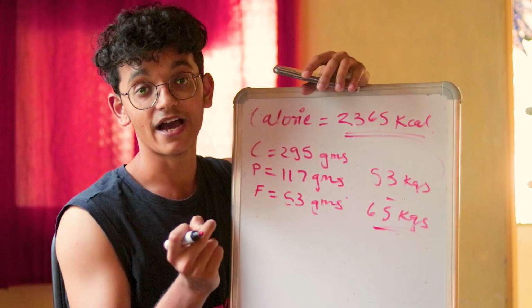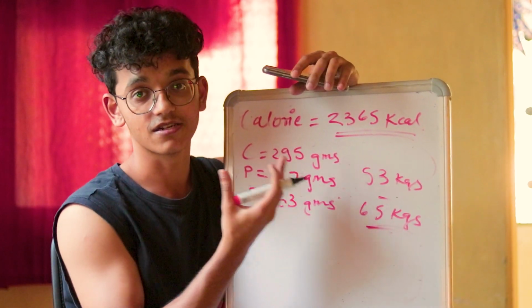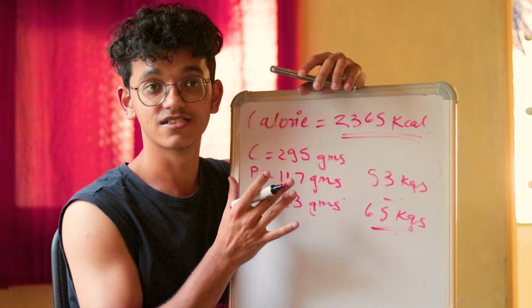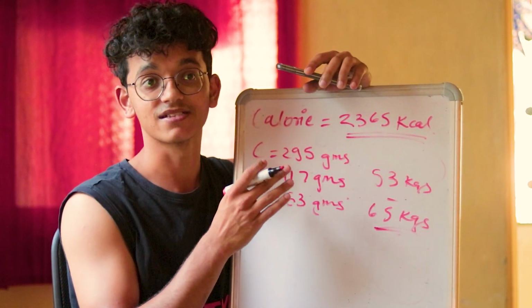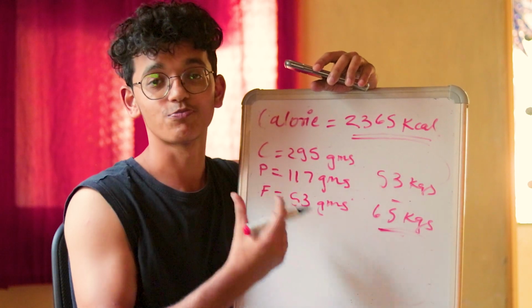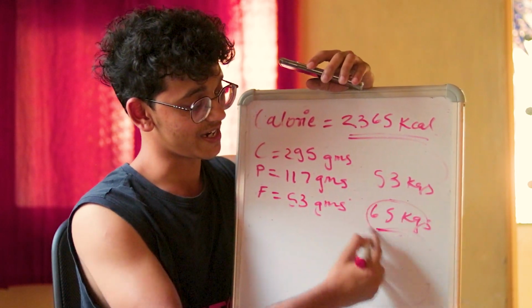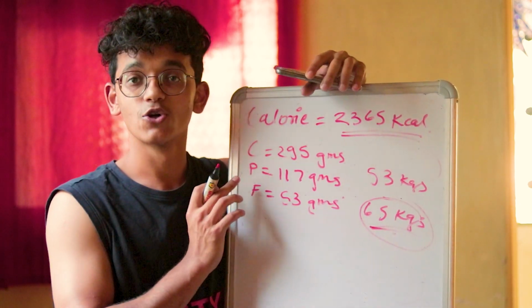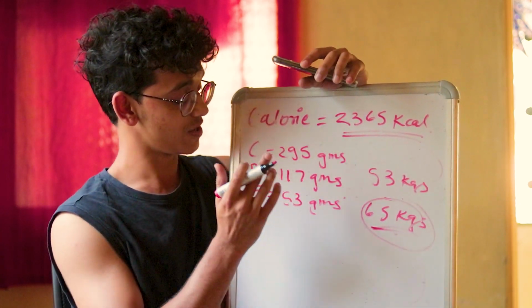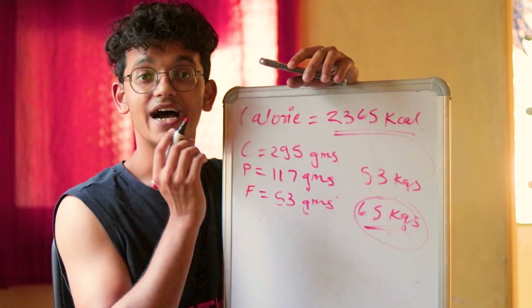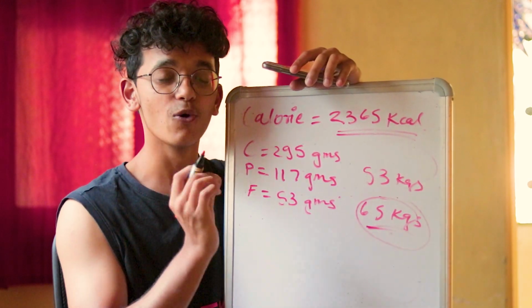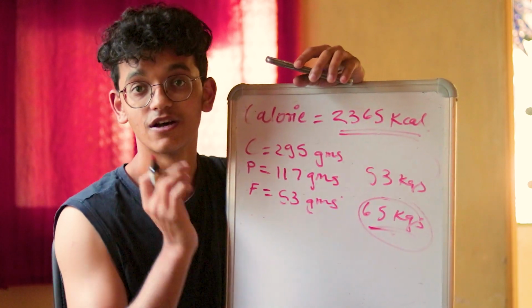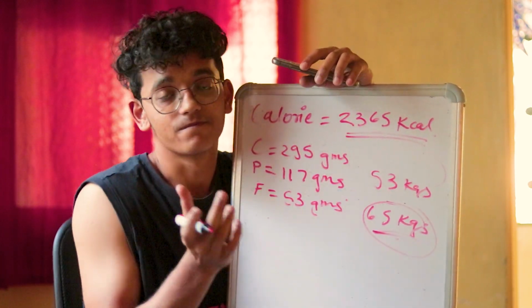If you can eat, if you have time, if you have that money, invest it. If you don't, play smart. This is a sport, it is a competition, but it is a healthy competition. So don't spoil your body in order to reach any kind of goal, which might harm you in the long run. So these were the macros, the carbs, proteins and fats, and I showed you the easiest way to calculate your calories and your macros to gain some weight, and keep track of